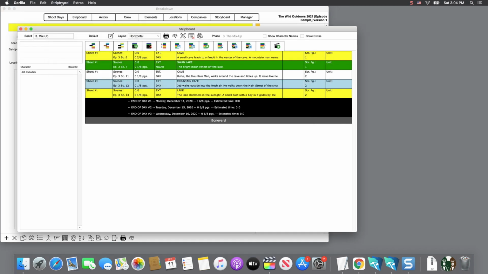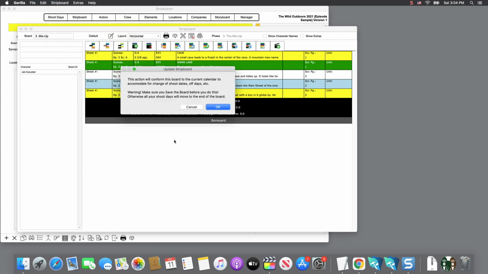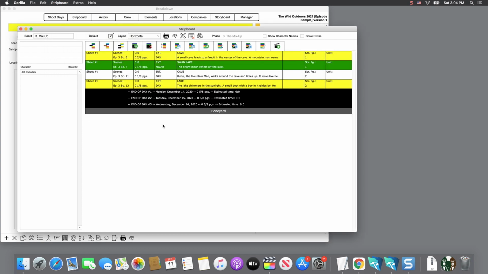Notice that scene 12 is no longer on this board. If we go to the City Girl phase, which is episode 2, scene 12 will be on the bottom of the board